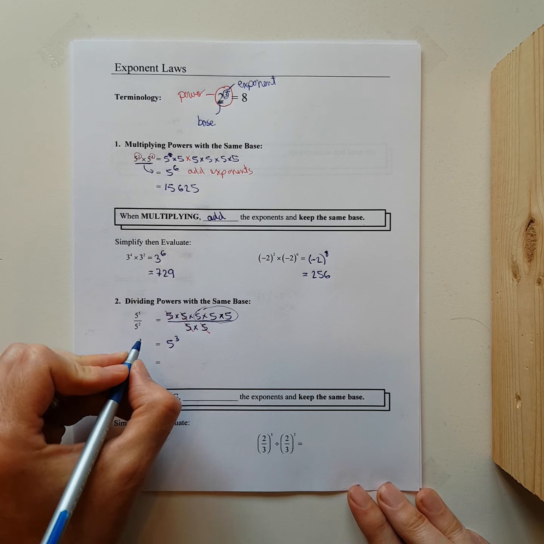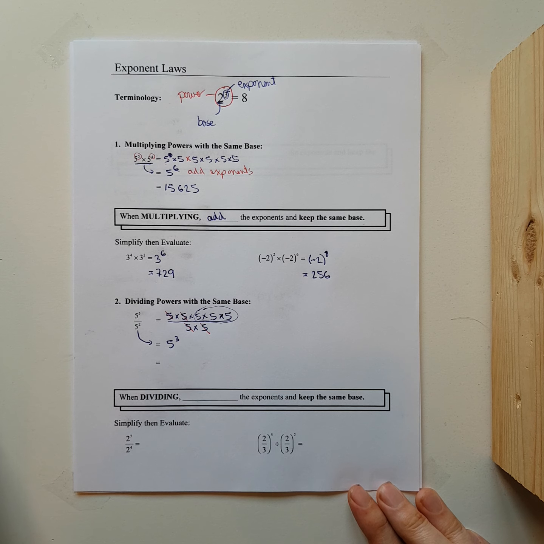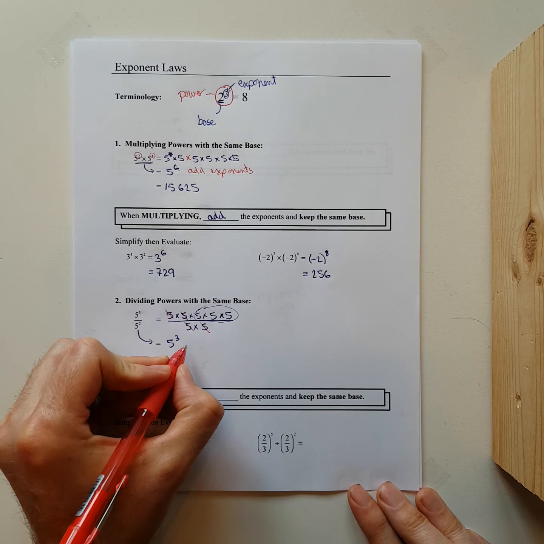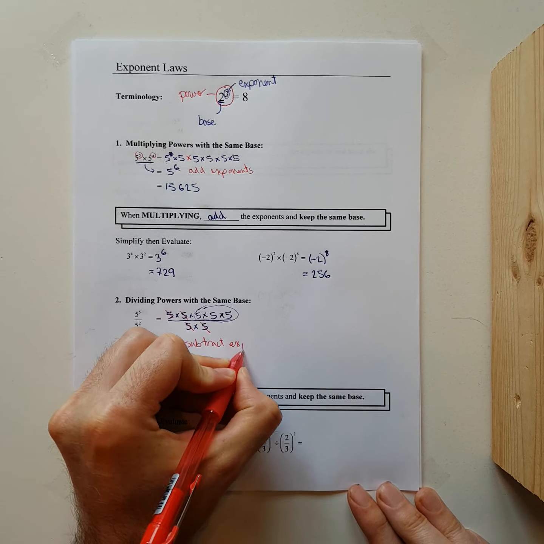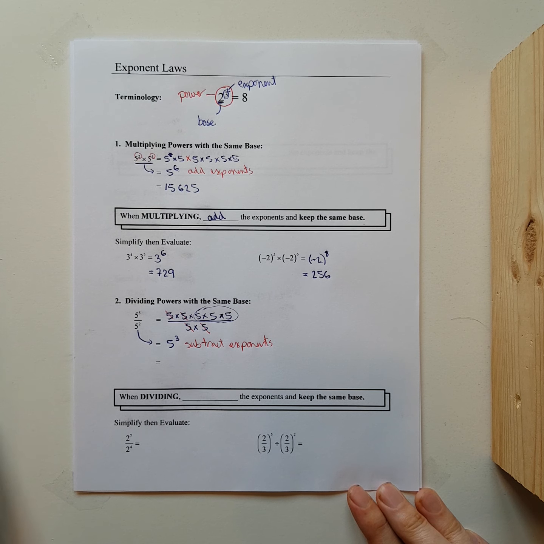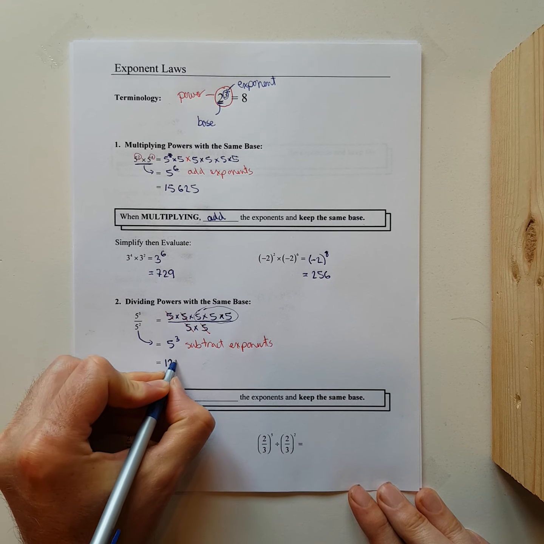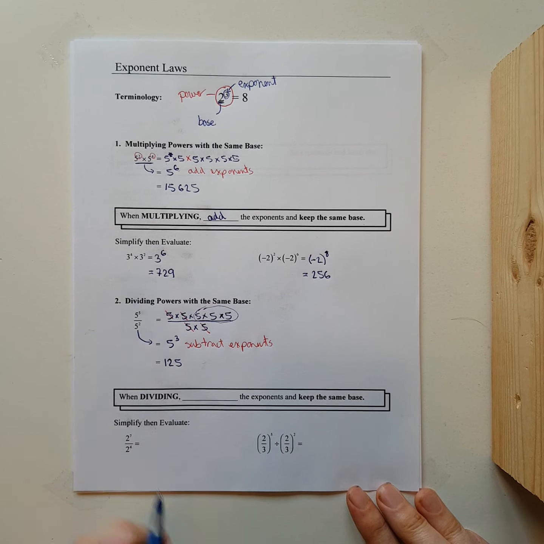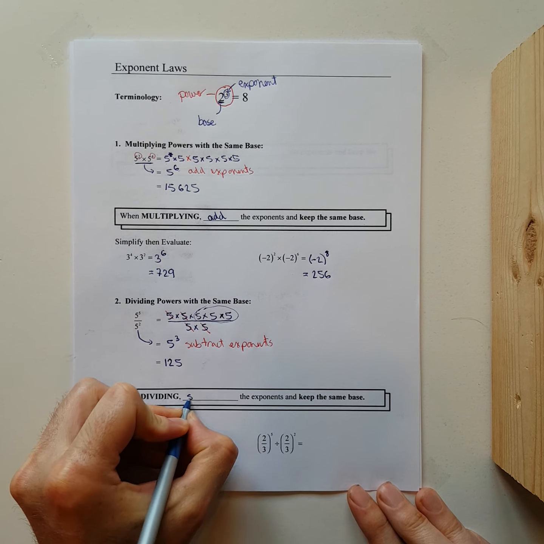And again, our goal is, well, how could I have got there from the beginning? And if we look at this here, what we should see is that if I have subtracted these exponents I would end up at that exact same spot. So we can subtract the exponents to get there. And then you can use your calculator. In this case, that exponent's small enough. I know this one is 125. So it allows me to quickly get to this here and then do a little bit of calculator work to get my final answer. So when dividing, we will subtract the exponents